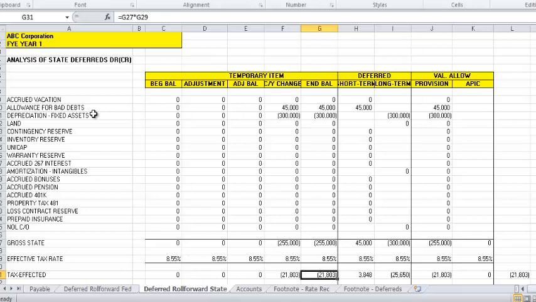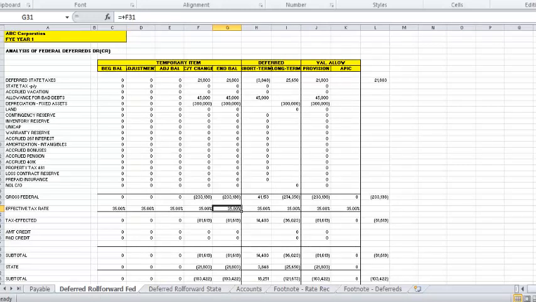No, when I pay my $21,000 of state tax, what do I do on my federal tax return? You deduct it, right? So is deducting a good thing or a bad thing? A good thing, right? So all I'm doing on my federal tab, which you've kind of hopped ahead a step actually, even though you're trying to go back a step. On the federal tab, as I roll my deferreds forward,